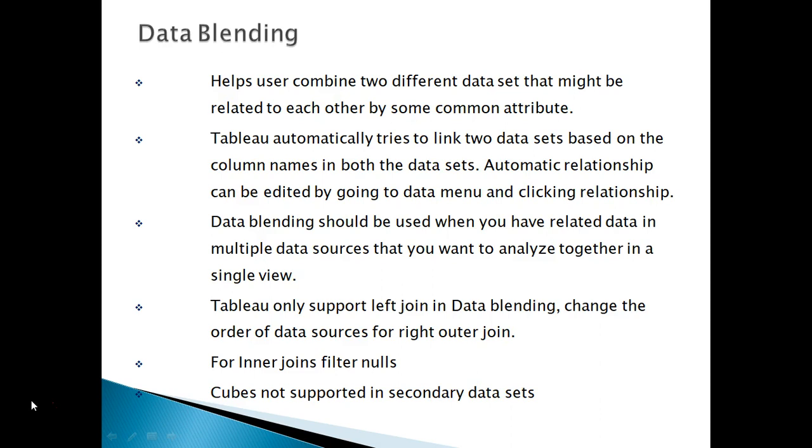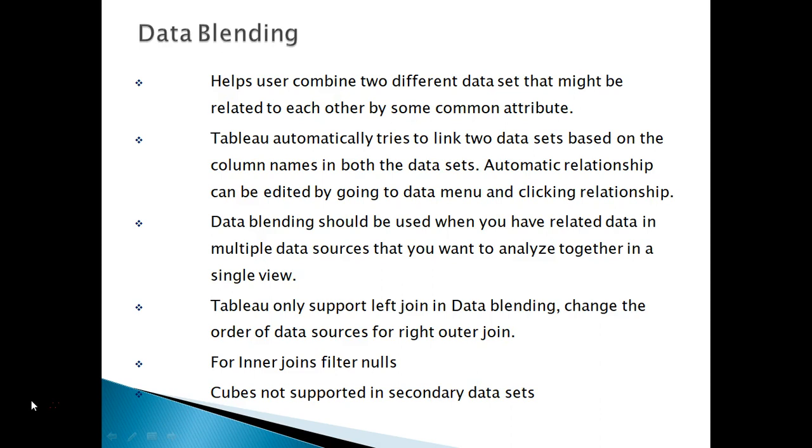So the use of data blending is that it helps the user combine two different data sets that might be related to each other by some common attribute. Tableau automatically tries to link these two data sets based upon the common columns in both data sets. The automatic relationship can also be edited if you want to go for custom defined relationships.